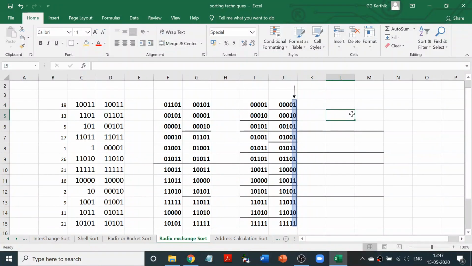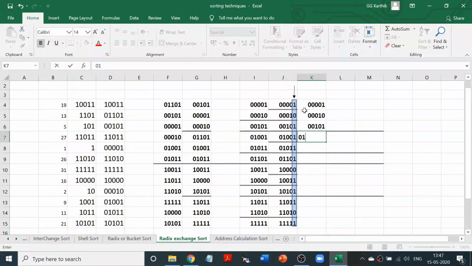Now you can see that all these are the same. There is only one number, so there is no segregation required. So we have to just write it. It is one number, but no top and bottom, because this is a separate list and it has only one digit. So you'll just go with that, 00001. Then you're going to go with single list 00010. Then you're going to go with 00101. No competition. 01001.